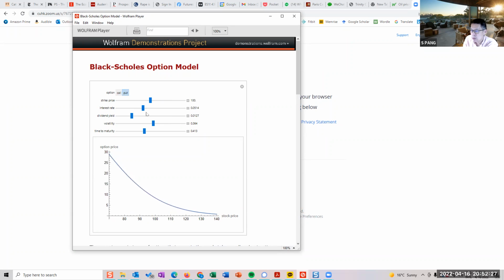I just want to draw to your attention that whenever you see these straight lines, they're only applicable mostly at the terminal point, at maturity. Otherwise, an option valuation payoff graph should look like this. All right, now that we have got that out of the way,